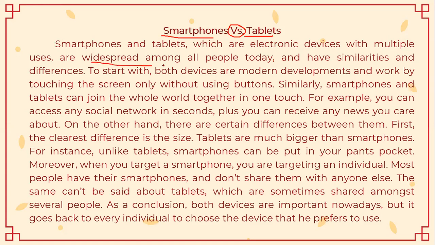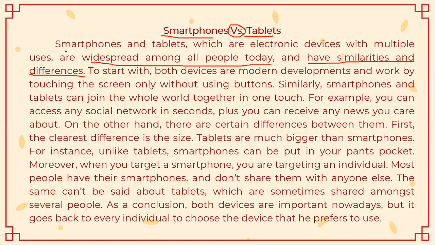I said that they are widespread among all people today, and I mentioned the controlling idea, controlling the main topic, which is that they have similarities and differences. So this topic sentence simply shows me that I'm going to talk about smartphones and tablets, and especially I will mention similarities and differences. Again, I repeat, when you want to write the topic sentence, mention just one general idea about the topic that you're talking about, and then move to the controlling idea, which is similarities